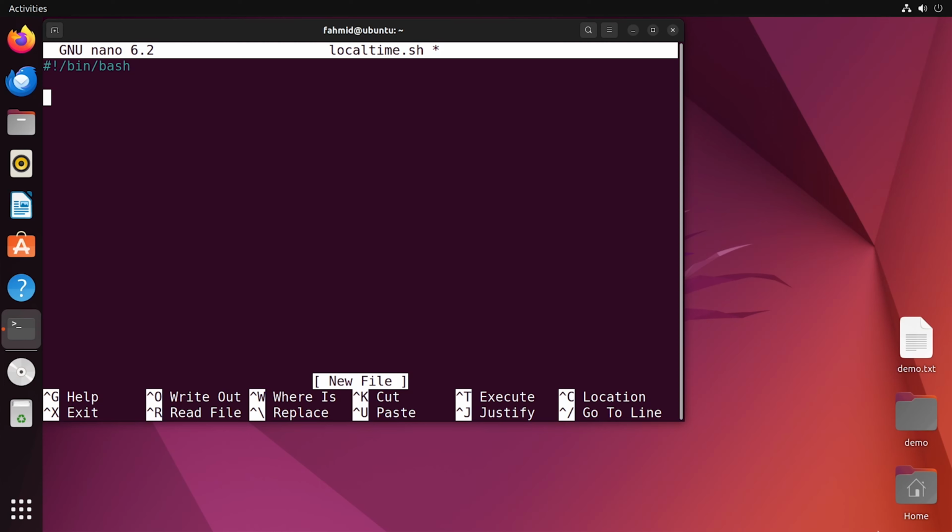Next, I'll define a variable time, or it can better be set to local time. Now I'll use a command substitution with a date command and a format specifier. So I'll have $ sign and parenthesis, and inside the parenthesis I'll write the date command where I'll use the format specifier %t. Now using the %t format specifier, it retrieves the current local